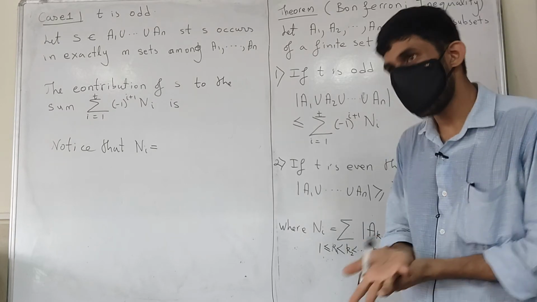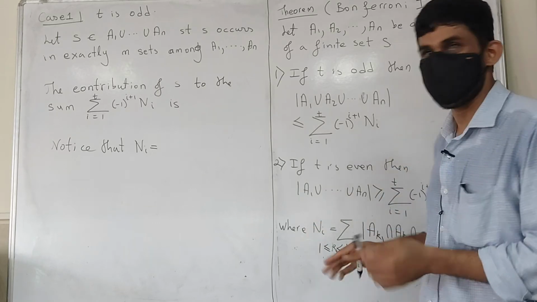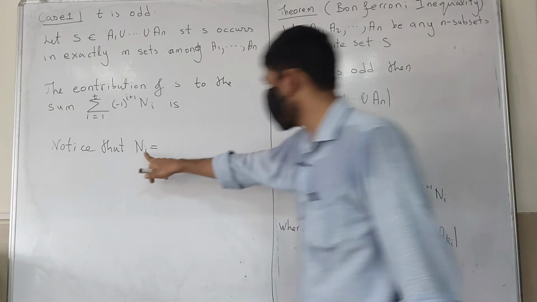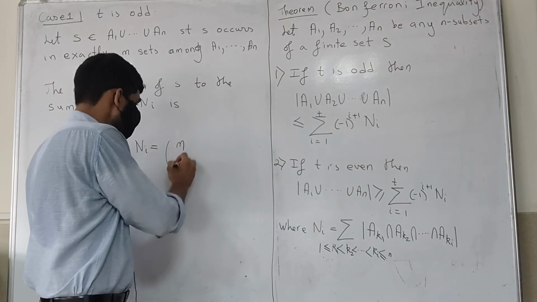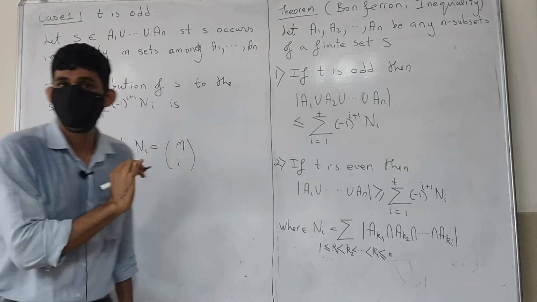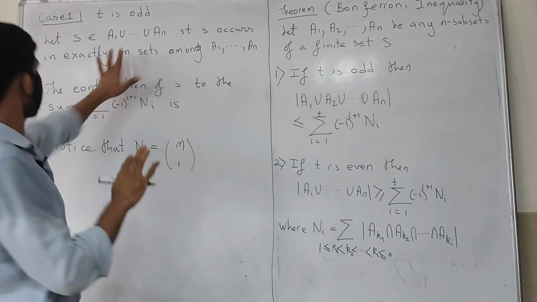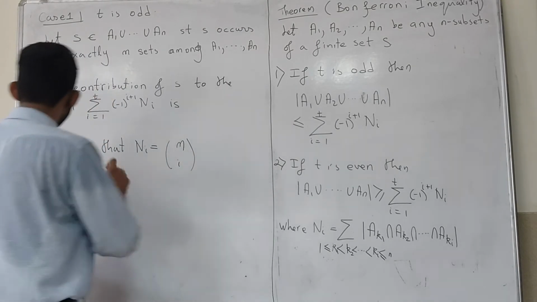Yeah, MC2, right? Those are the times when it's going to contribute there, exactly at MC2. So in general, Ni will be MCI. Is this okay? It's going to be exactly MCI. Yeah, with M number of sets, it's going to be MCI. So therefore,